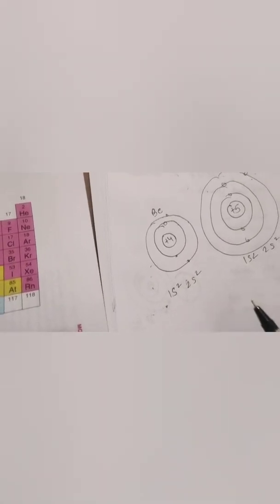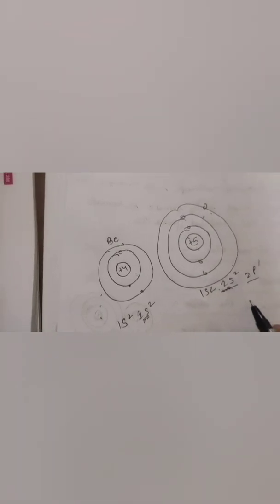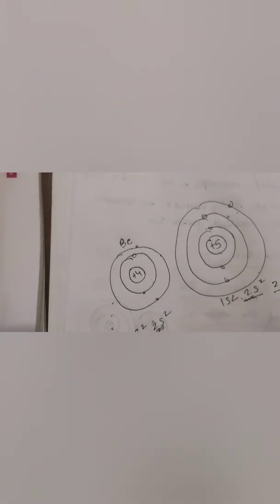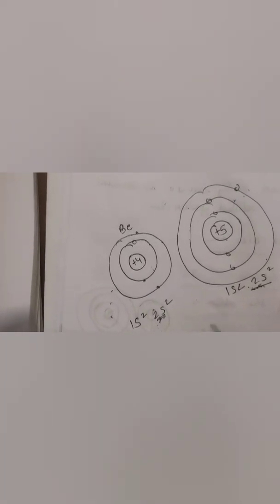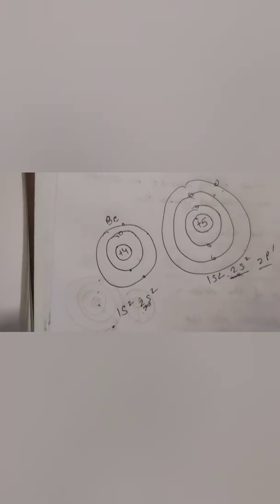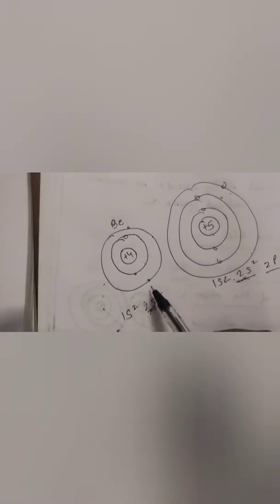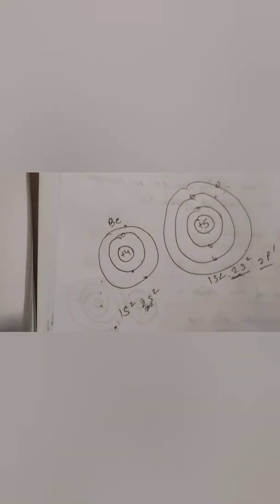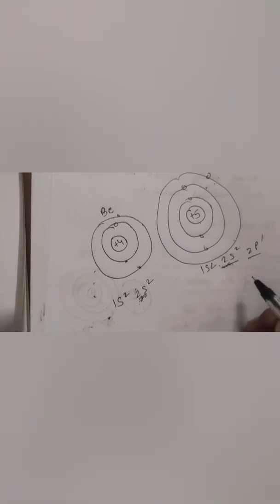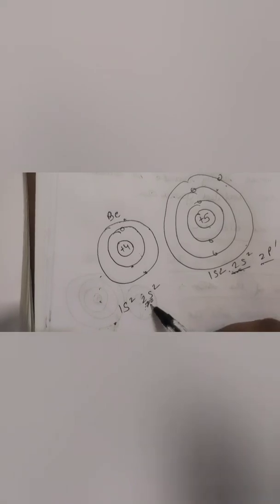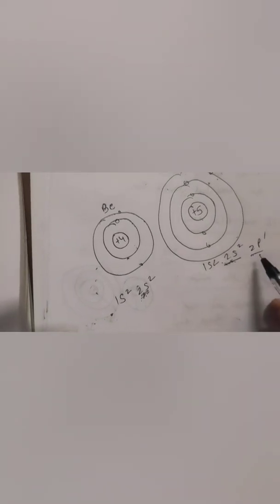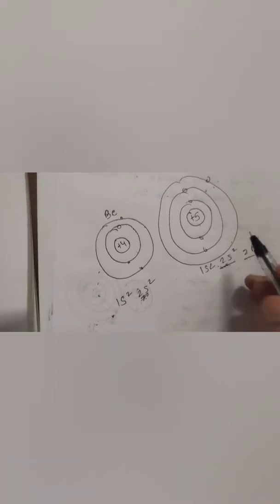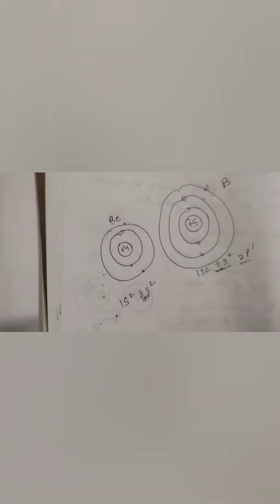and 2p1. Now when an electron is removed from beryllium, it will be difficult because the nucleus has more affinity to the s orbital, whereas here in boron we see it is a p orbital. It will be more difficult for us to remove the electron from the s orbital, but easier to remove an electron from the p subshell. So the ionization enthalpy for boron will be lesser compared to